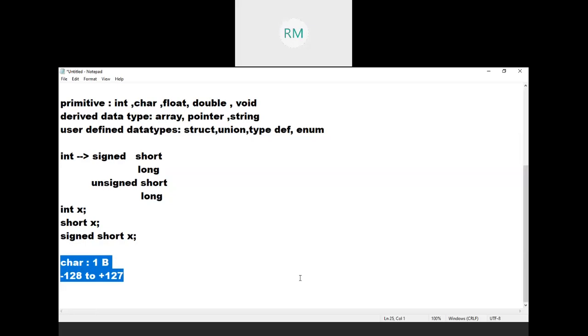Then how come it happened that there are negative characters? Actually, characters are internally represented as integers. That's why we have signed char and unsigned char. The reason is we have signed and unsigned integers. That's why we have signed char and unsigned char, because every character is internally represented as an integer. But there is no character whose ASCII value is negative. In interviews, they may confuse you like that. So actually, there are no characters with negative ASCII value.